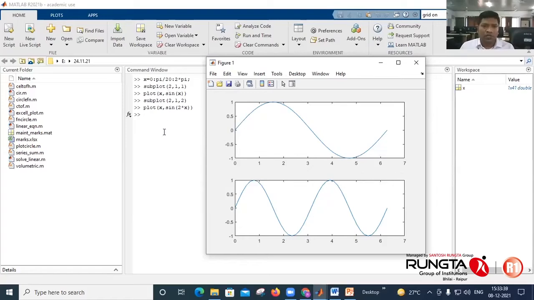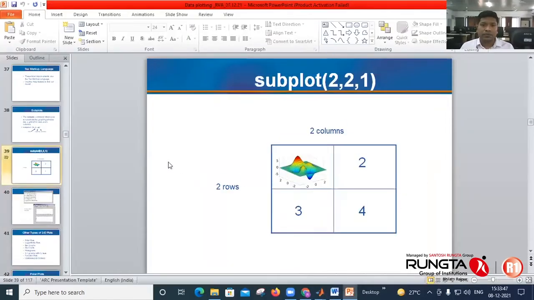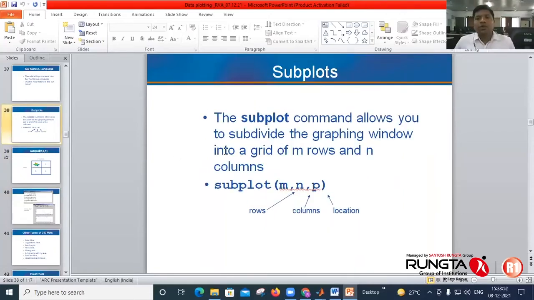So subplot is used to divide the graphic window as per the user, into a grid of m rows and n columns.